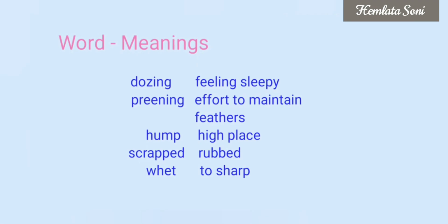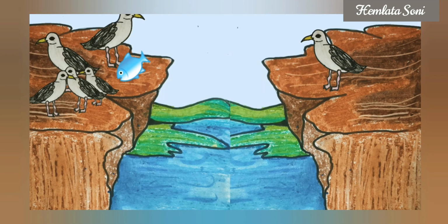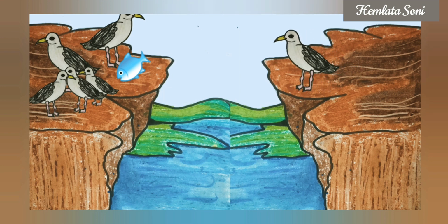Meanings of this para: dozing, feeling sleepy. Preening, making an effort to maintain feathers. Hump, high place. Scraped, rubbed. Wet, to sharpen. The young seagull moved forward to the brink of the edge, and he was standing on one